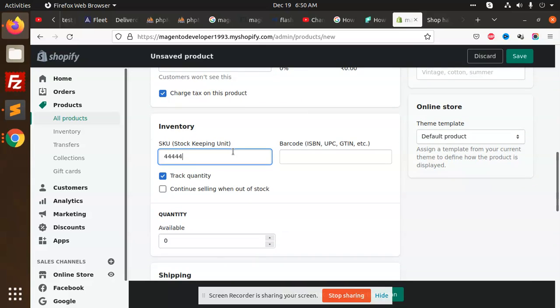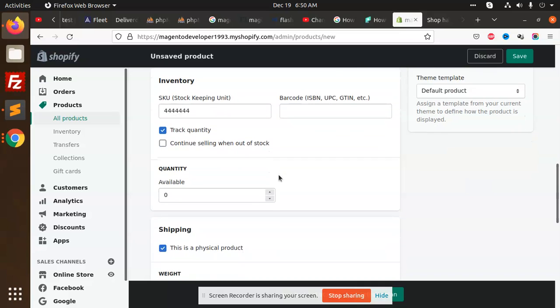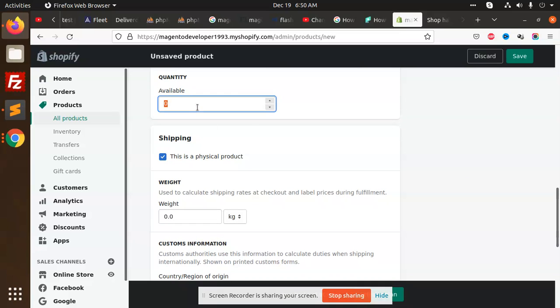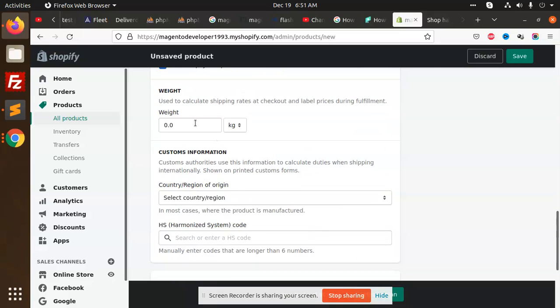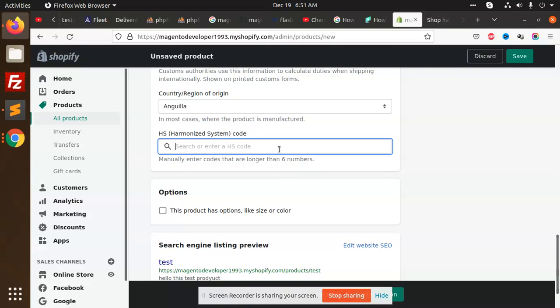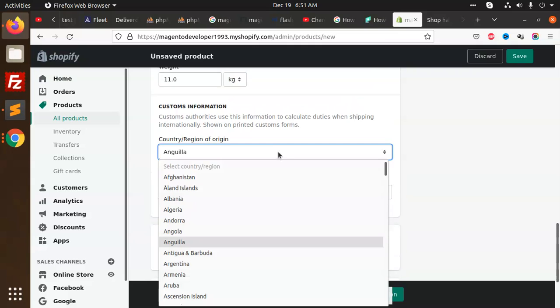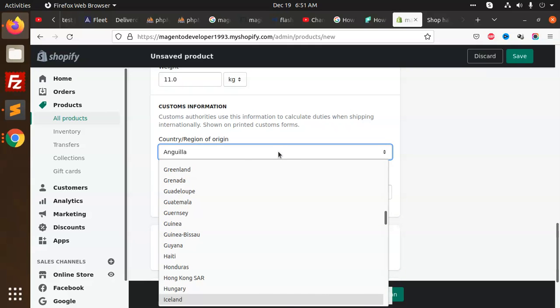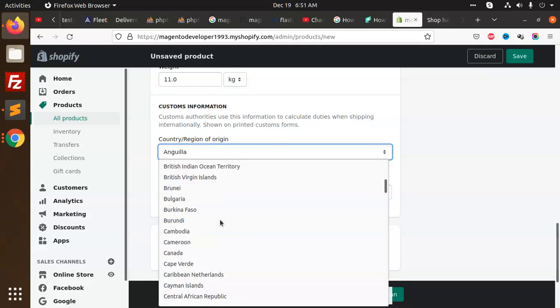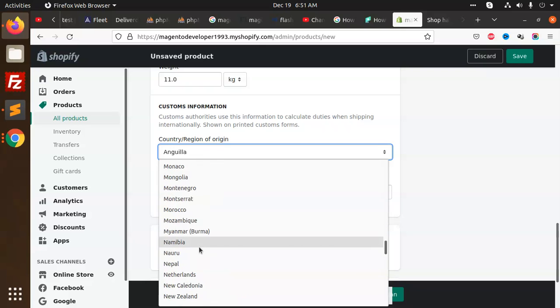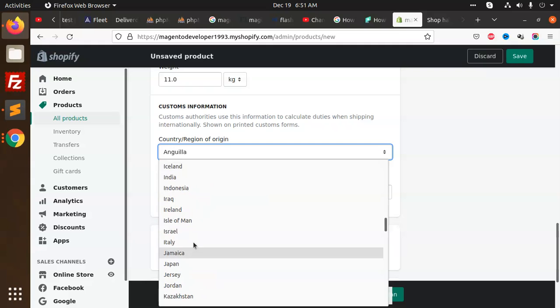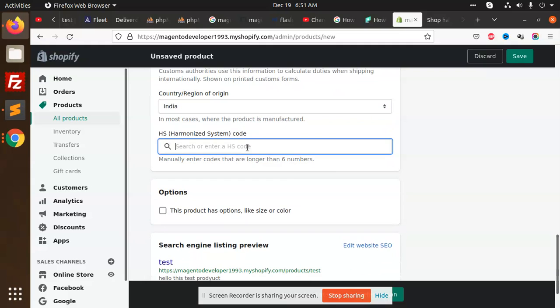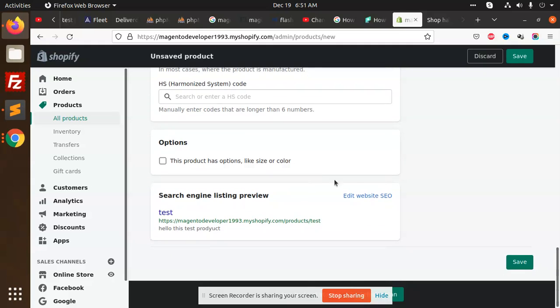SKU, available, weight, region, select here from India. Okay, save.